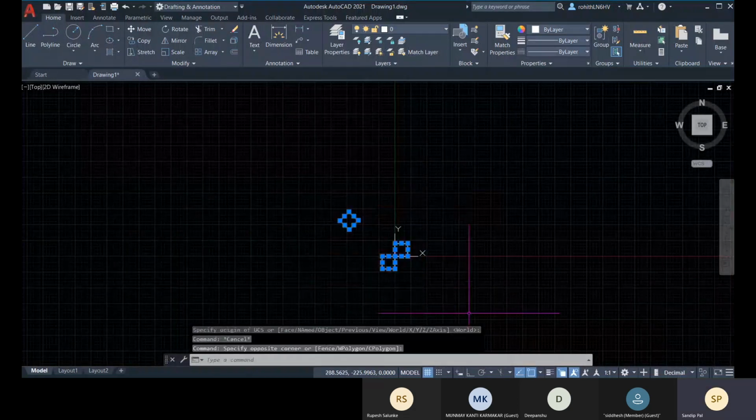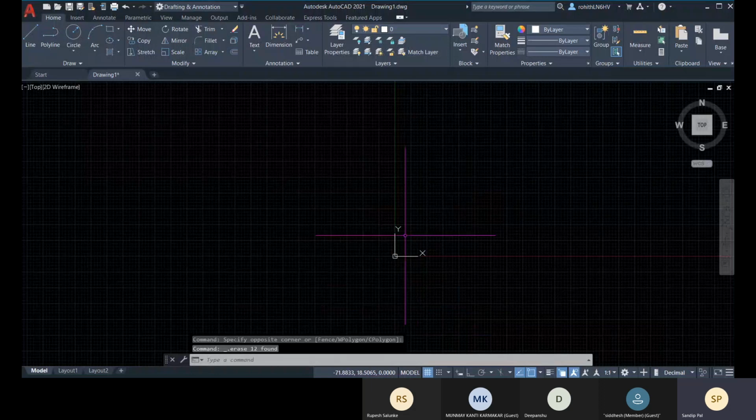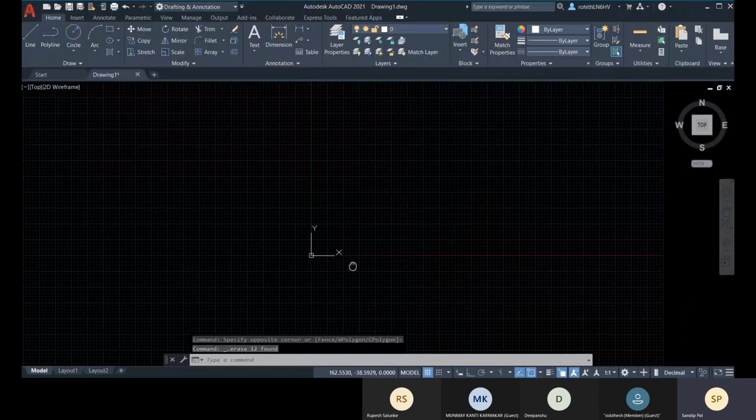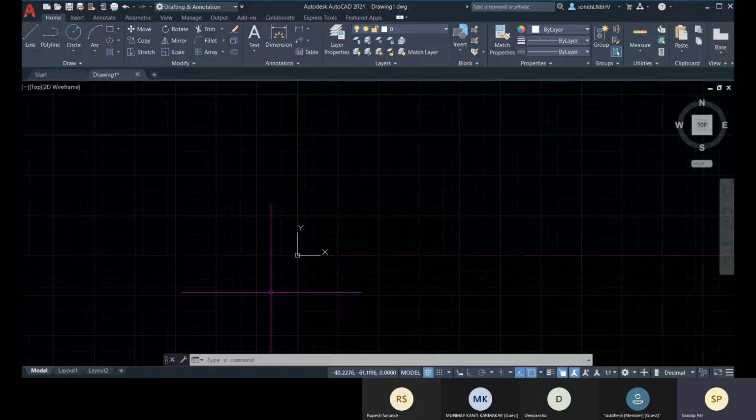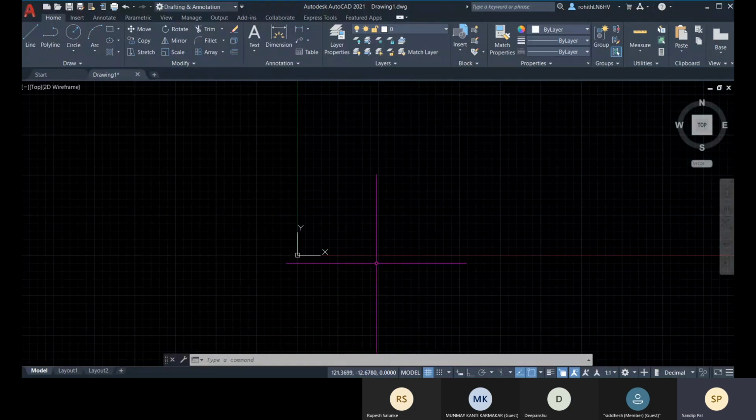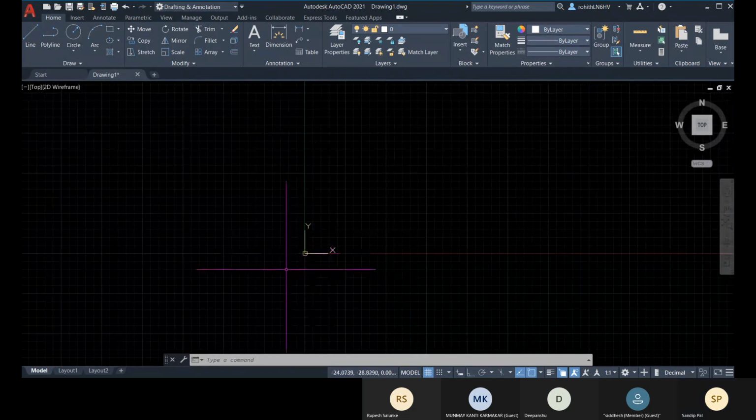And I hope you understand how your WCS and UCS work in AutoCAD. The main thing is UCS. As per your UCS, AutoCAD will create all the diagrams and all the objects. Now, this was the example with the absolute Cartesian coordinate system.